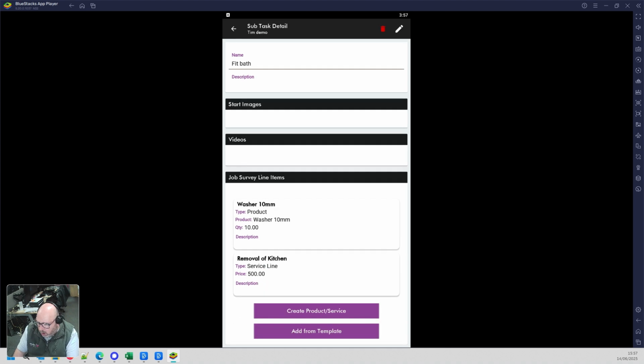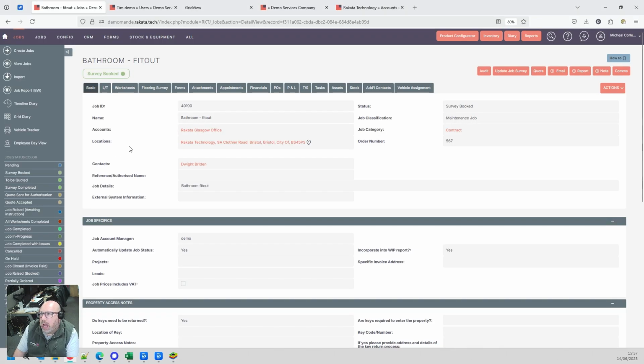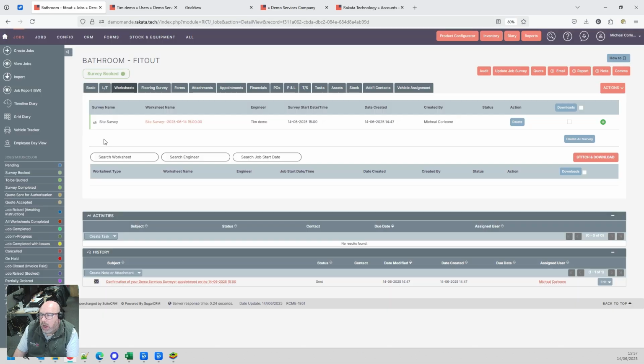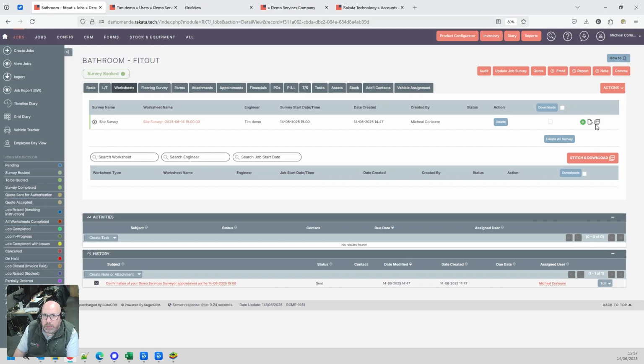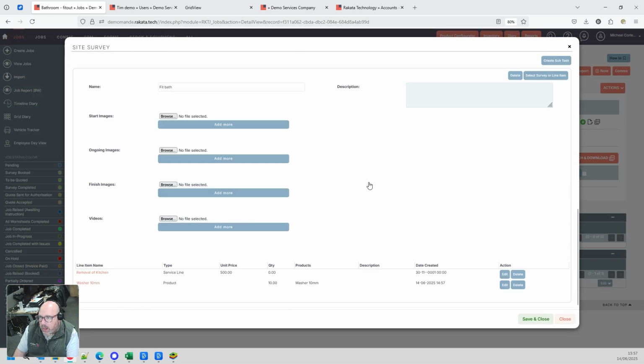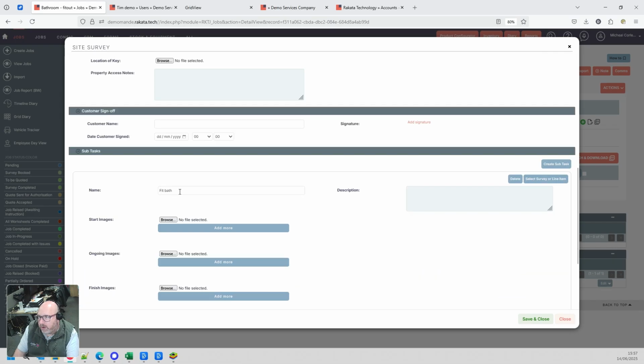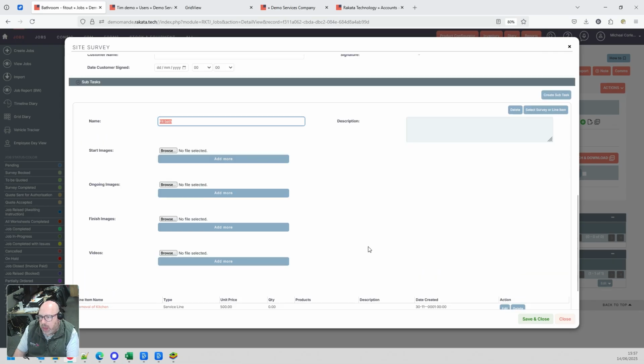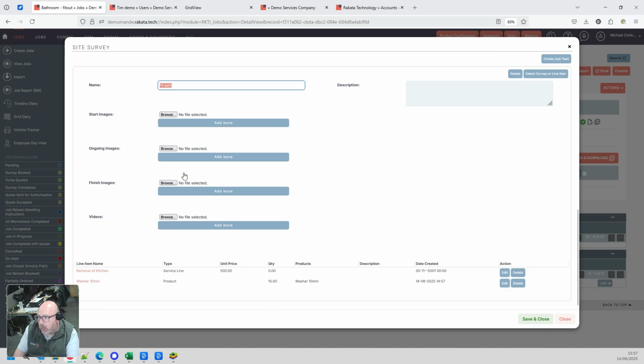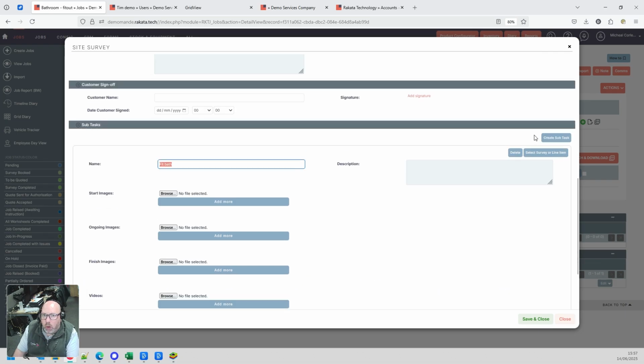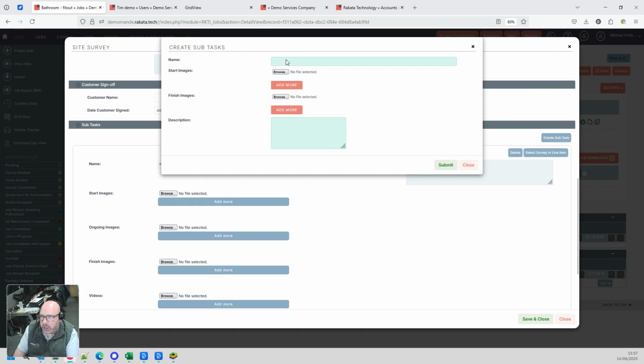Now if I go back to the browser and take a look at that, if I go to the worksheet here and go into this part, you will see the fit bath that I took, and the products that I added, and I can also continue to edit that from here. As an example, I can also create another subtask. So I could do that as the toilet fit,